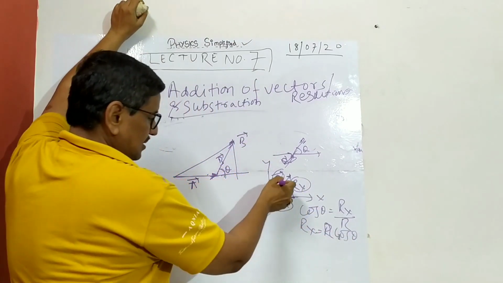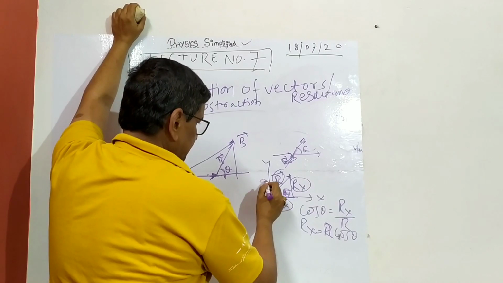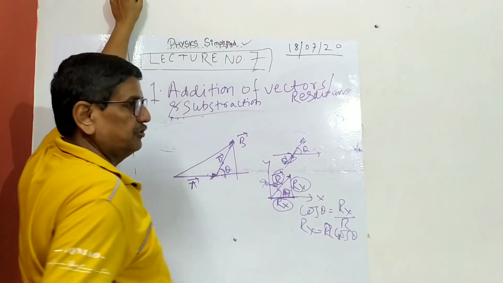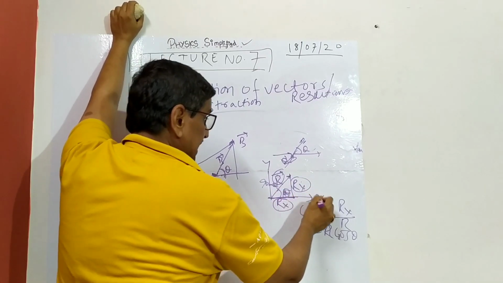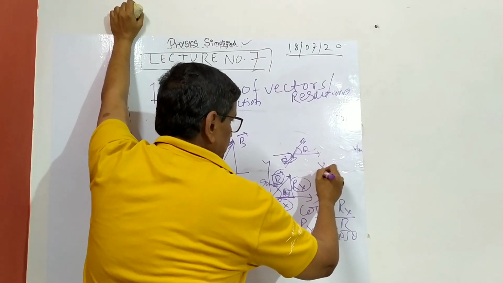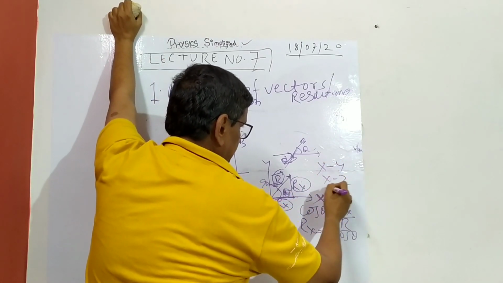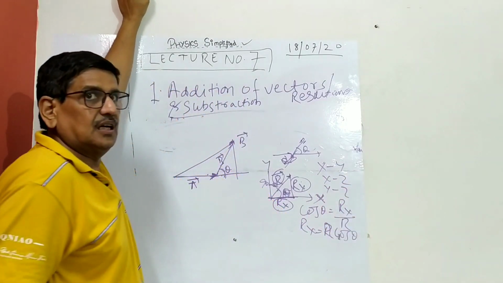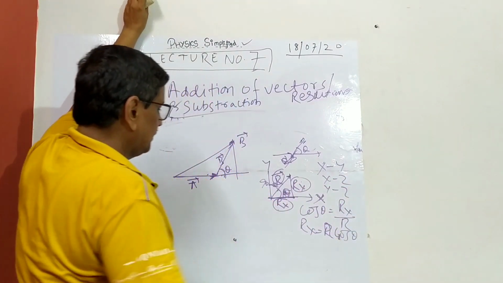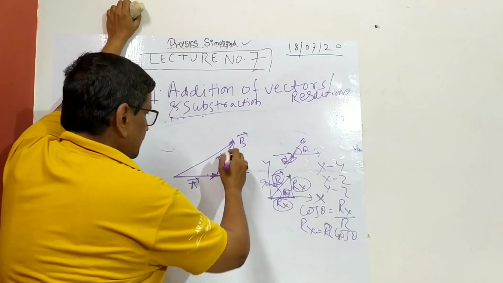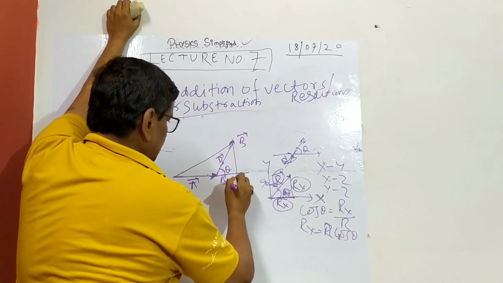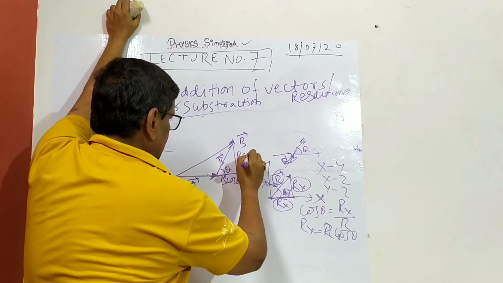And these are the angles, so this will make theta 90 minus theta. These are the direction cosines also. So vector R has two components, Rx and Ry, if it is in a planar system, so if it is in the xy plane, xz plane, or yz plane. If it is in xyz space, then we'll deal with that later. I finish this. So this will become b cos theta, and this will become b sin theta, and this is R.